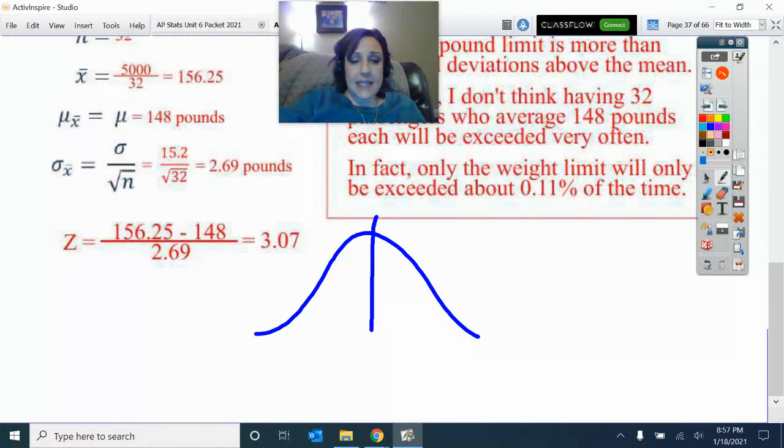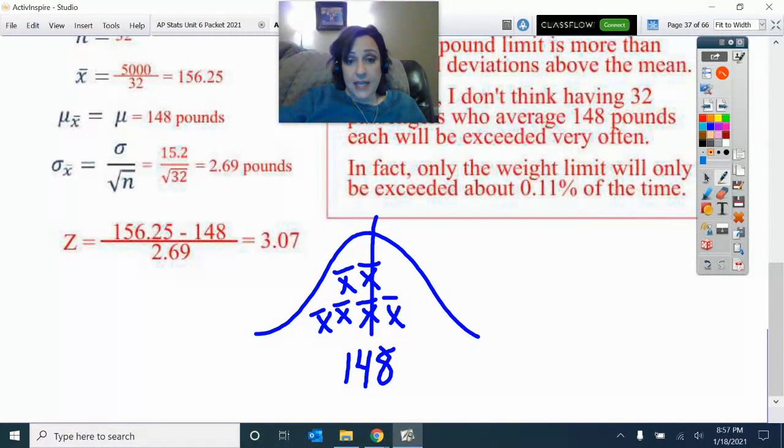If the average passenger on the elevator is truly around 148 pounds, then all of our samples of 32 passengers are going to average around 148 pounds. Sometimes the average will be a little less, sometimes a little bit more. Now, the elevator is going to allow up to this amount here,